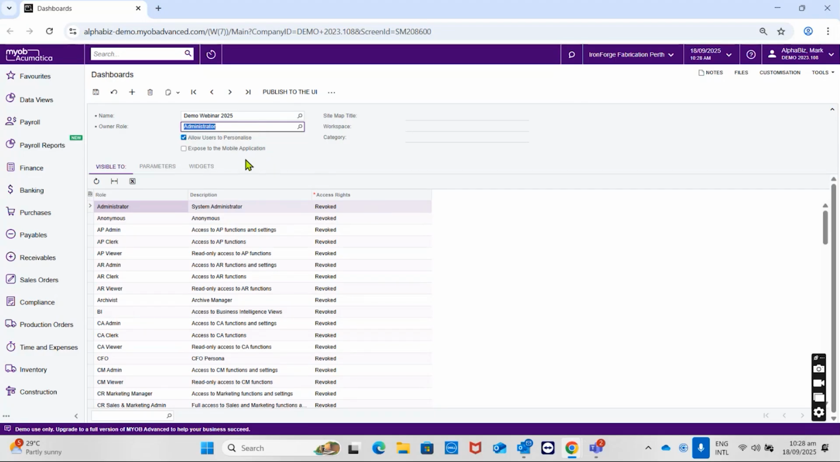And then we have a checkbox here, which is exposed to mobile application. So that's one of the good features as well, where you can expose this dashboard to the mobile application. Sitemap title, we have workspace and then category field. So what this means is, I'm just gonna set my access to granted. So I'm gonna hit save,